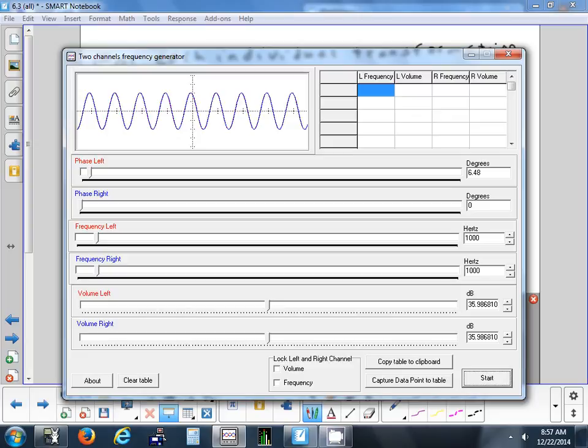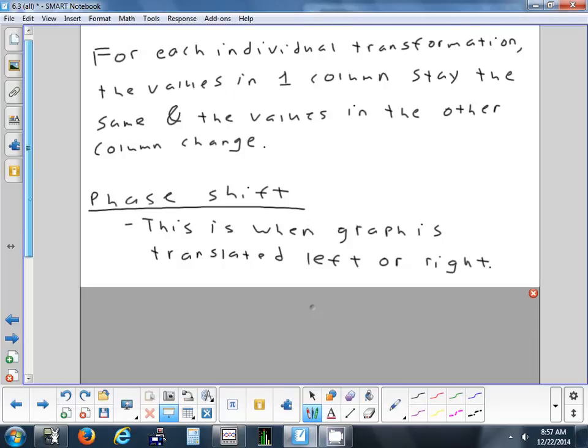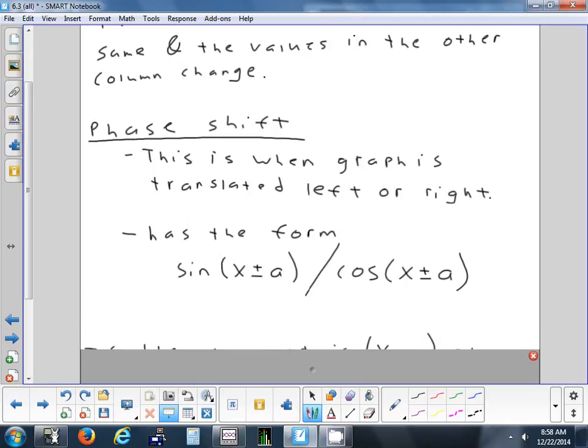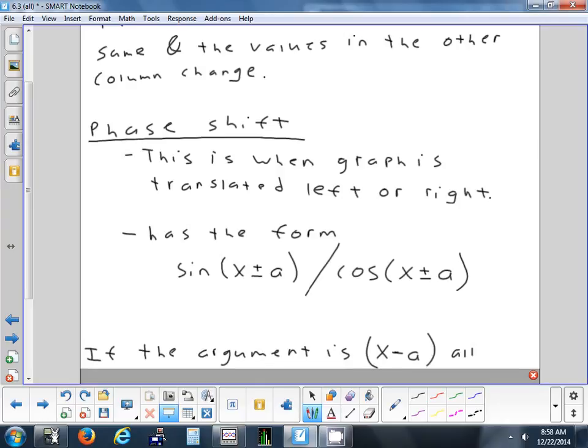Left. Well, if it's going to go left or right, it has to be inside the parentheses. That would be a phase shift. This is a different transformation. Yeah? Move it up pi. Yep, that would move it up. That's a vertical shift. Okay, so whether you put the pi or whatever number it is inside or outside, it can change it from a phase shift to a vertical shift. So just be careful with that. All